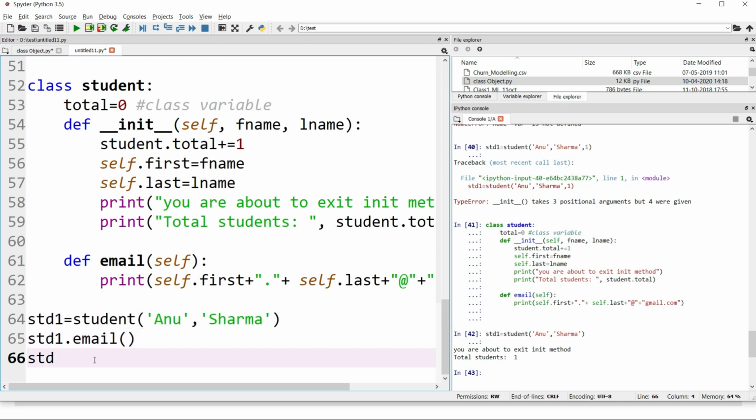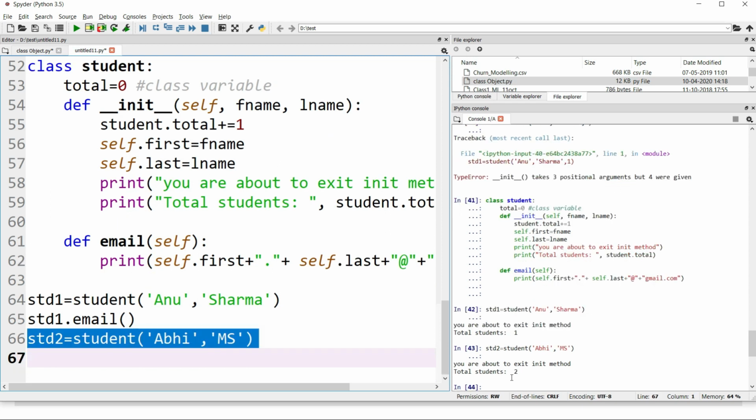Now let me create another object of class Student, in which I this time pass another value, and that's it. Now the value has incremented to 2, right?